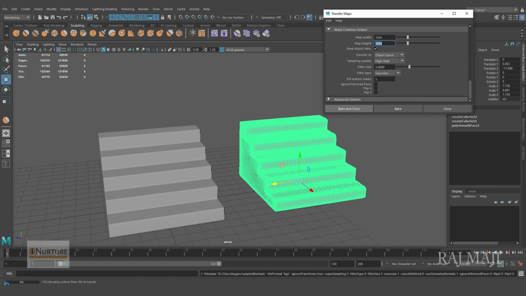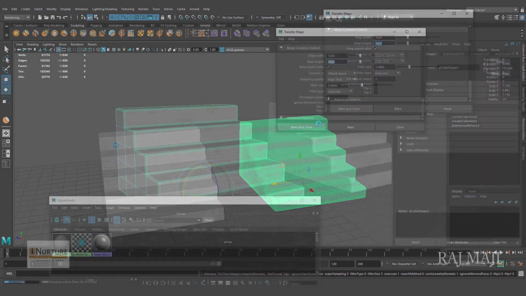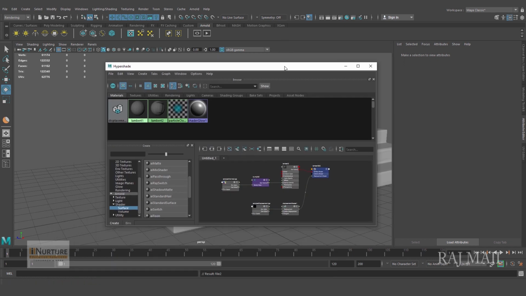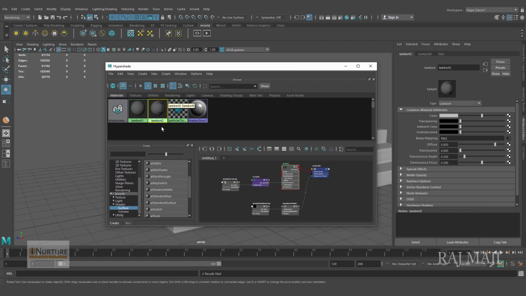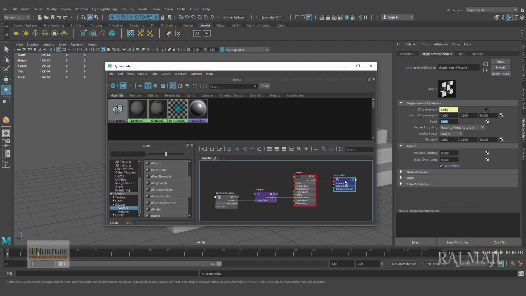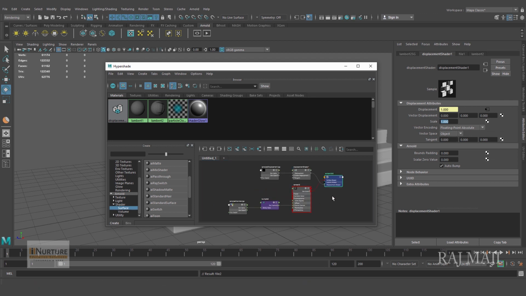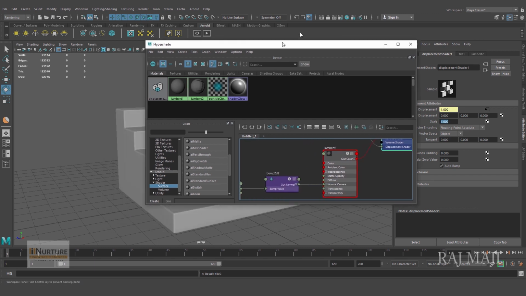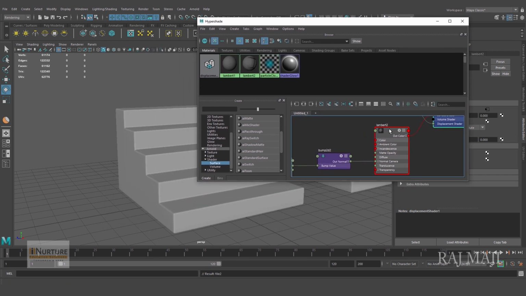So you can see over here it's being baked. Alright, we have got something. You can see I have got Lambert2. Okay, now select this and click on it, and you can see this is the Lambert2 connected to this.